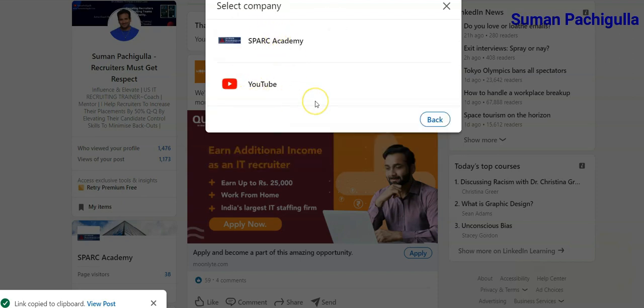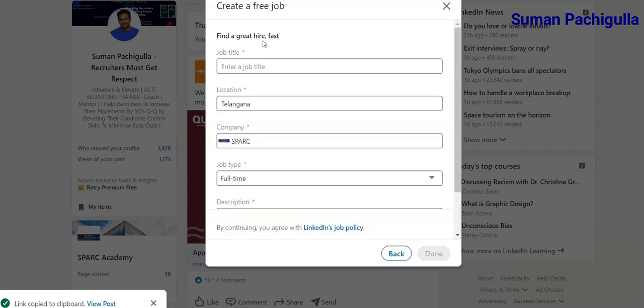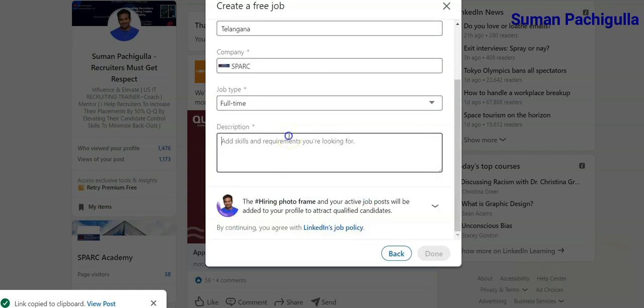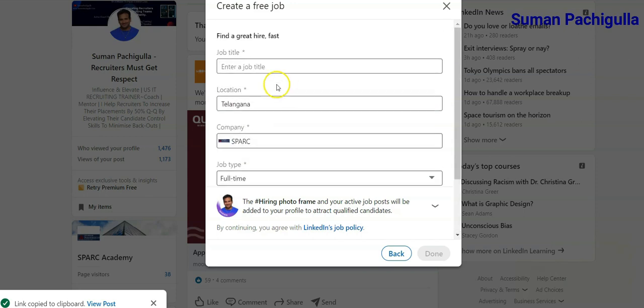Now, how are you going to do it? If you are working in a company and you want to represent that, then you click on the company page, like this Spark Academy, as it's mine. Whatever I copied from the past post, I pasted here, and we are going to play around with it after some time. Now the job title: Informatica. You have to wait, and it will pull Informatica developer. We can't find the job, so we just go with what it is offering.